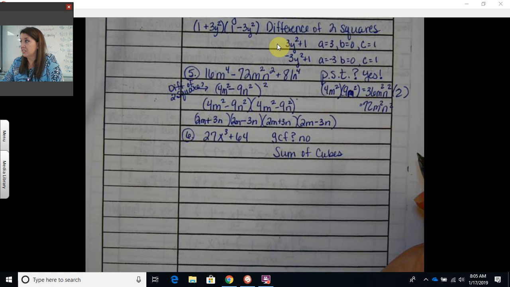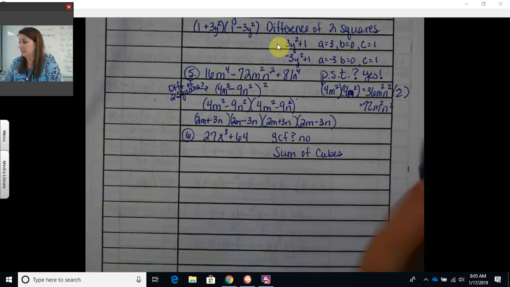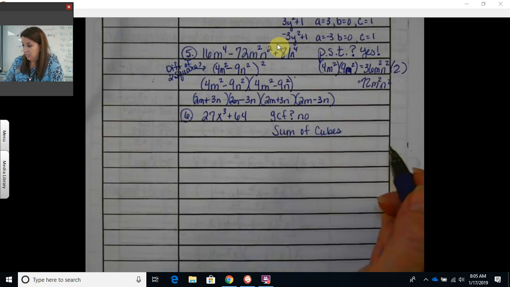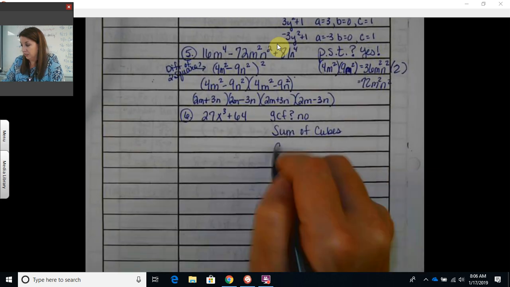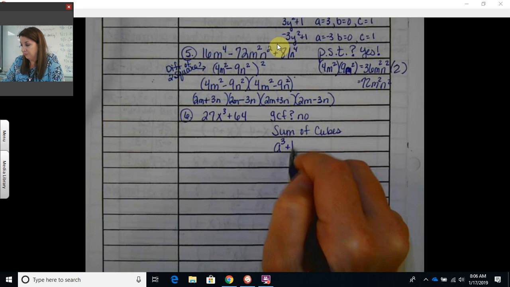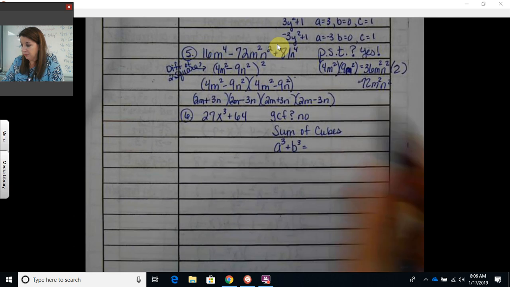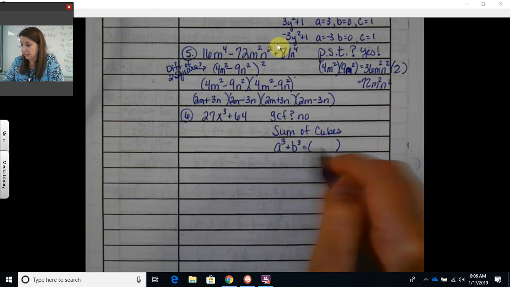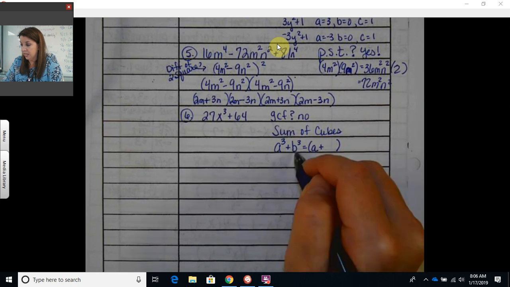Not times 2 on that one. That's a perfect square trinomial, just minus AB plus B squared. All right, let's write it down in case you don't remember it. So sum of cubes is a perfect cube plus a perfect cube, right? To factor it, in the first set of parentheses, you take the cube root of the first term, so the cube root of A cubed is A. If it's a sum, you have plus. To get this term, it's the cube root of the last term, so the cube root of B cubed is